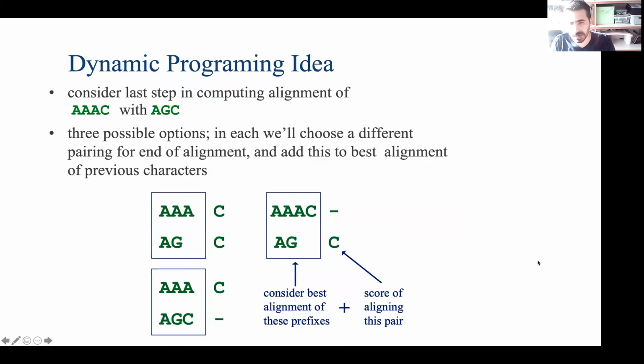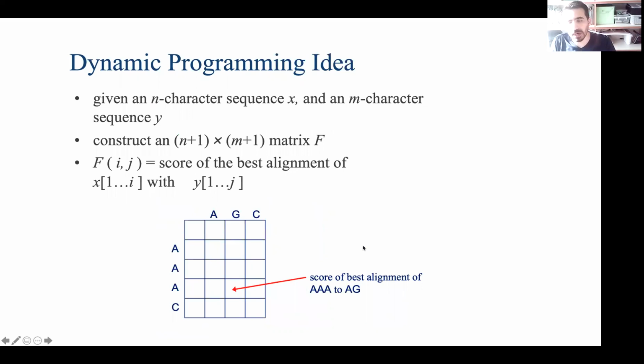So let's give an example of this. Let's say that we would like to consider the last step of these two alignments. How do you align this? Whether C and C are going to be aligned, C and gap, or gap and C. What you do is consider the previous step, which is the most likely, right? After you consider the best alignment for the previous step, you build on top of it, and then you go from there. So this is a nice tool that we can use.